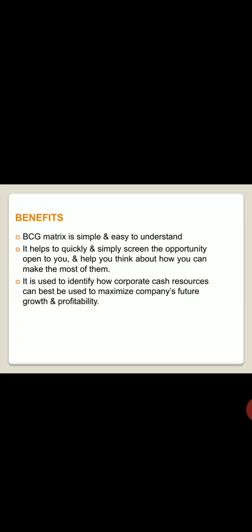So now let's understand what are the benefits or advantages of the BCG Matrix. BCG Matrix is simple and easy to understand. It helps to quickly and simply screen the opportunities open to you and helps you think about how you can make the most of them. And it is used to identify how corporate cash resources can best be used to maximize companies' future growth and